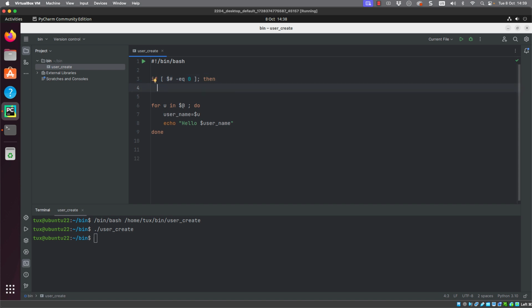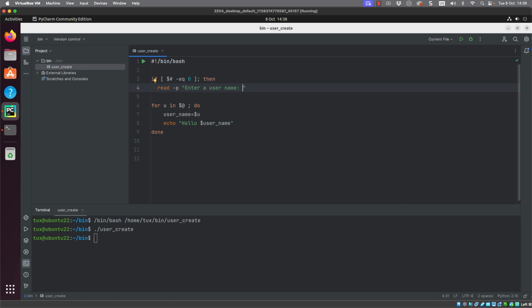In the if condition, we can use the built-in command read. We can prompt for user input using the option -p to the read command. We can specify an instruction to the user, so "enter a username", and typically I would have a colon and a space after this.